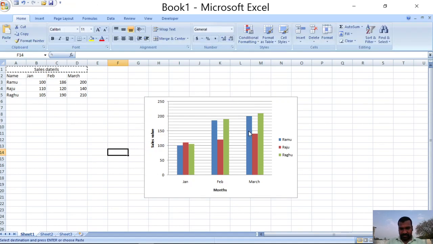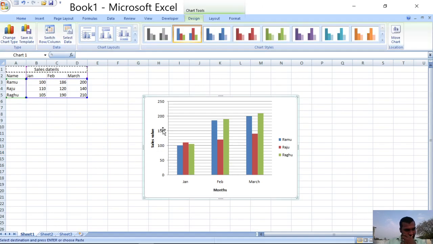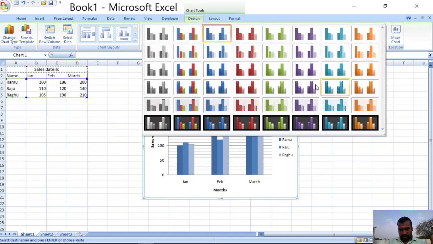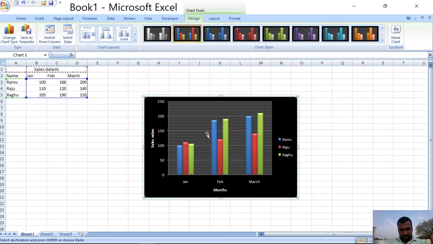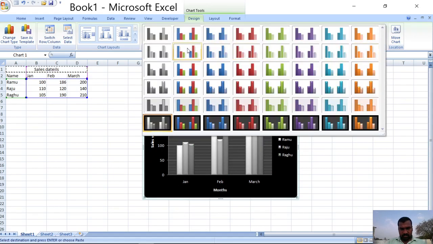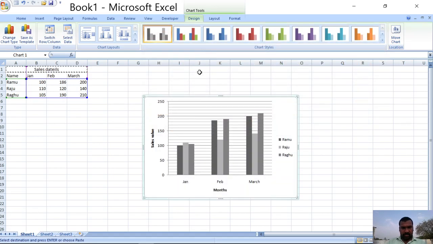Now something different, this one. Like this you can change the chart layouts, and here chart styles are there. For example, I am choosing this one, so more options are there. Now I am choosing this one. Yes, the chart style is updated. So this is about changing chart styles.